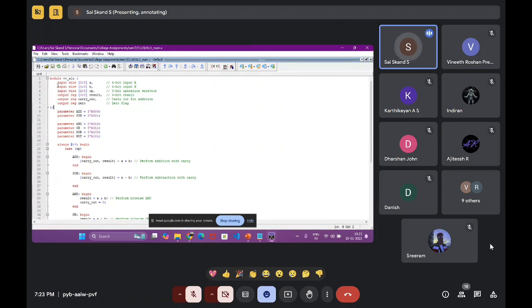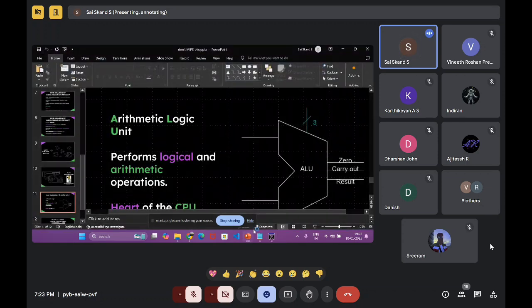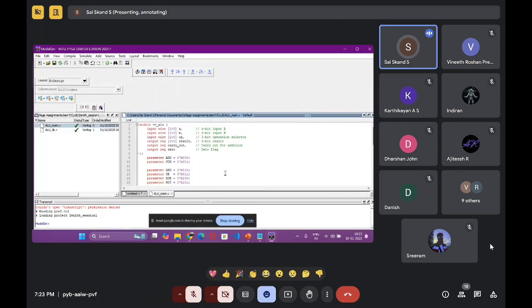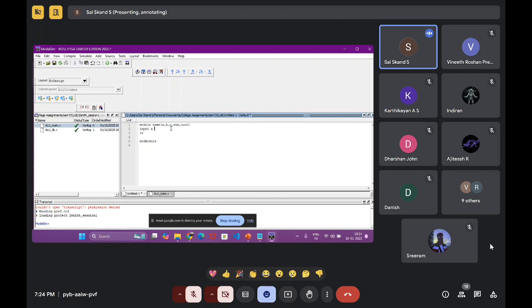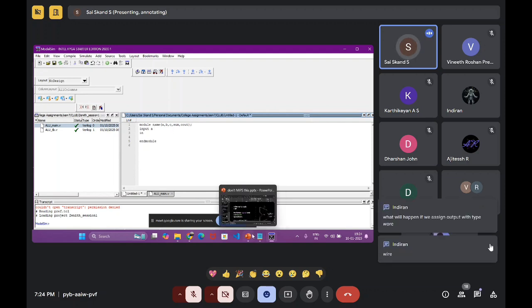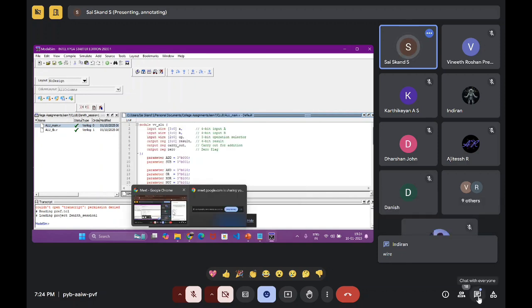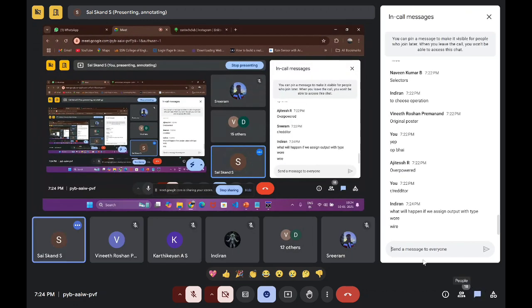We can also define all of these inputs outside. I already showed you earlier. So we can mention outside whether it's an input port, input A, input B, and we need to add a semicolon as well here. That is not an issue. We can do it this way too, but we have done it inside. Either way it can be done. Is it clear, guys? Let's go a bit faster.